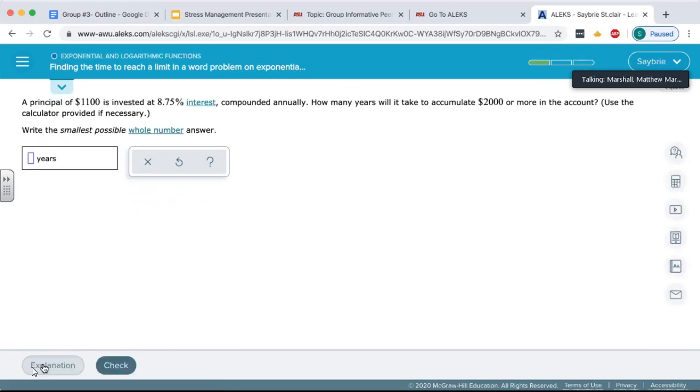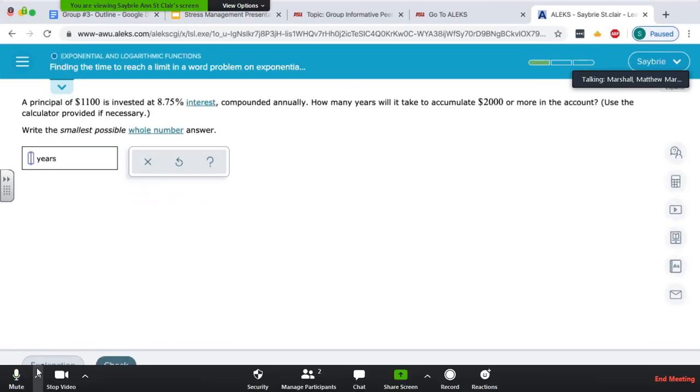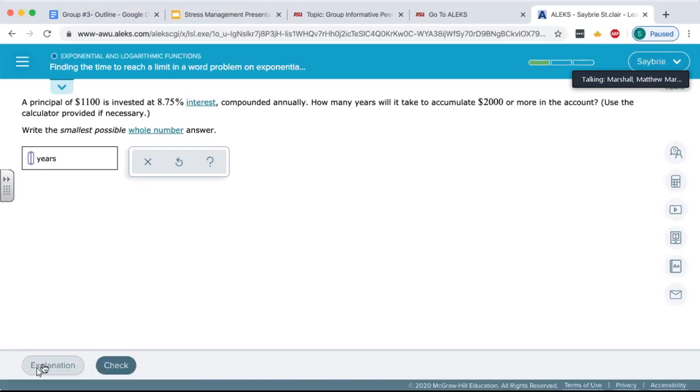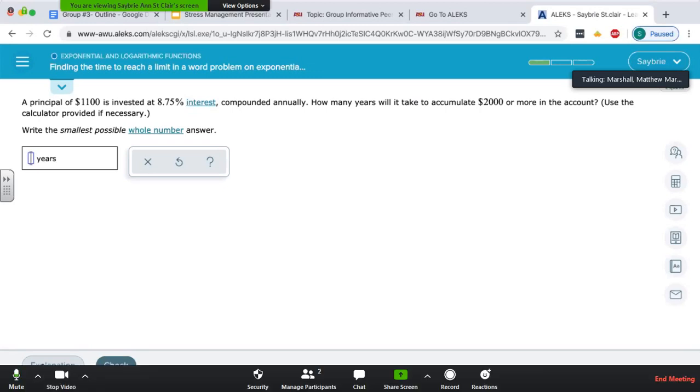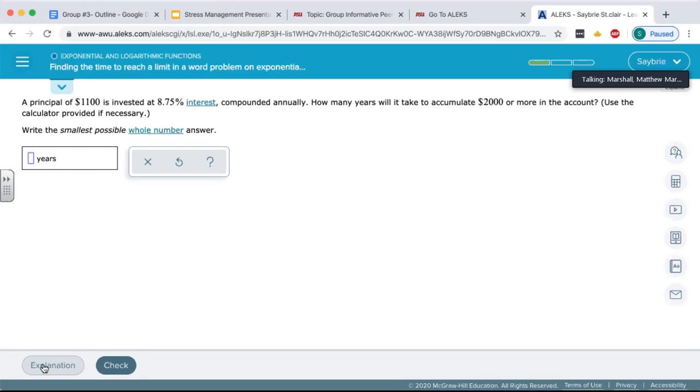Hate these problems. Alright, compounded annually, so I'm adding to 100, so that's 1.0875. How many years to accumulate 2,000 or more? Principal. It's the initial. That's the final amount, so it'll be 2,000 times 1.0875 to the t equals